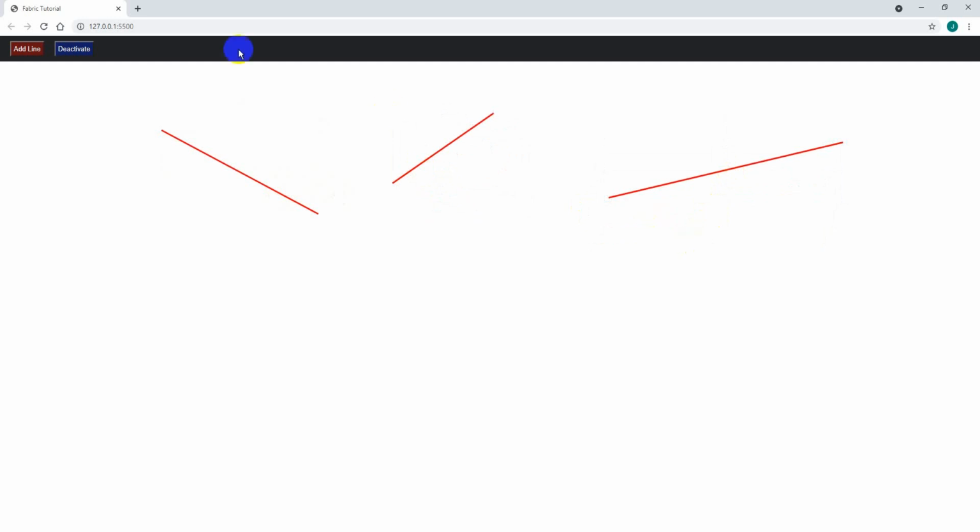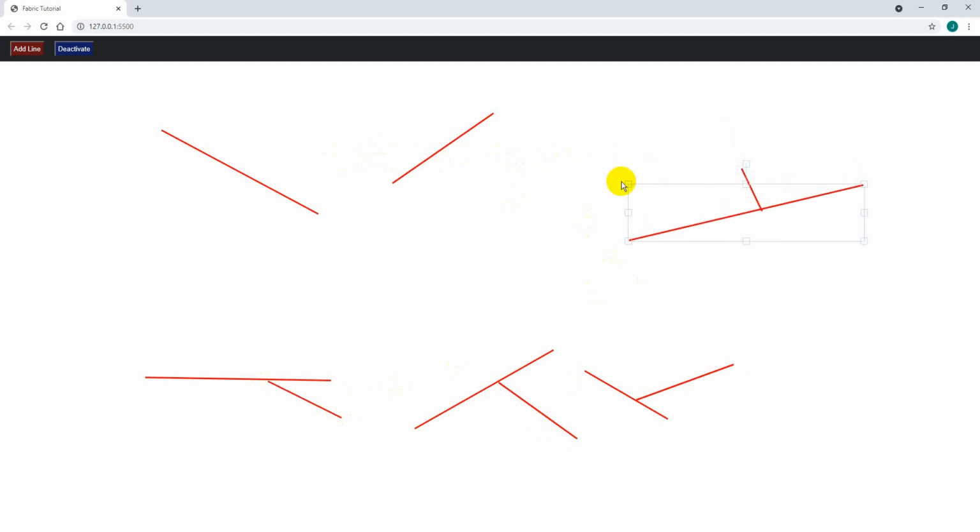Alright, as you can see, I can select them and move them around. So now, let's say if I press this add line button again, I can add all these lines, and if I go near to all these newly created lines, I can't select them. But we have a problem, okay? Because if I go near to all those previously created lines, I can actually select them as I draw, alright? So the problem is this, okay, that we need to rectify.